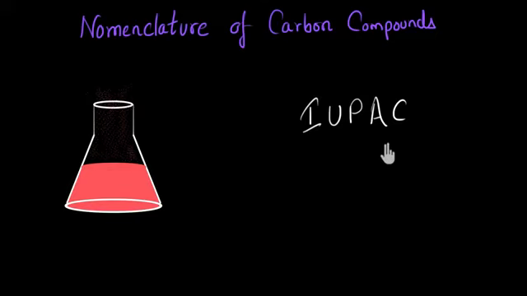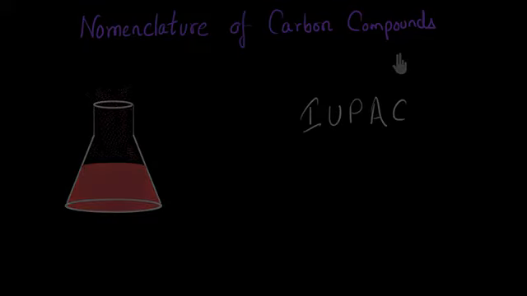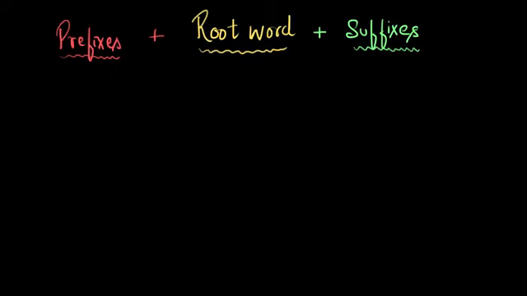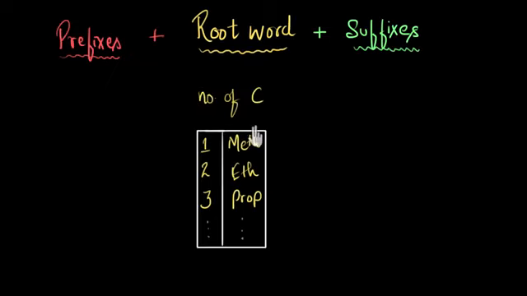Now with these rules, we all can come up with the names of all of the carbon compounds. So let's look at these rules. Well, in short, the rule said that every name will have a root word, which will be appended by some suffixes and prefixes. Now, the root word will denote the number of carbon atoms present. For one carbon, we'll have the root word meth. For two, eth, three, prop, and so on and so forth. Now next, to denote the presence of different functional groups, we use different suffixes and prefixes.